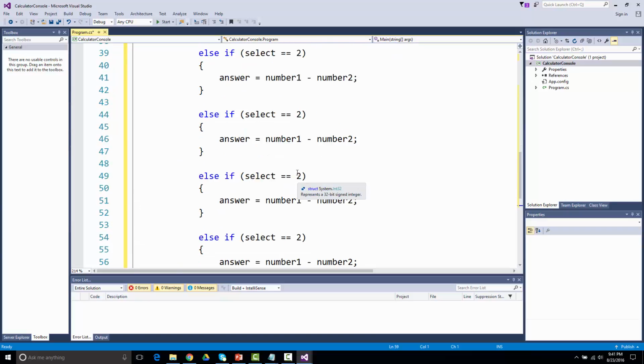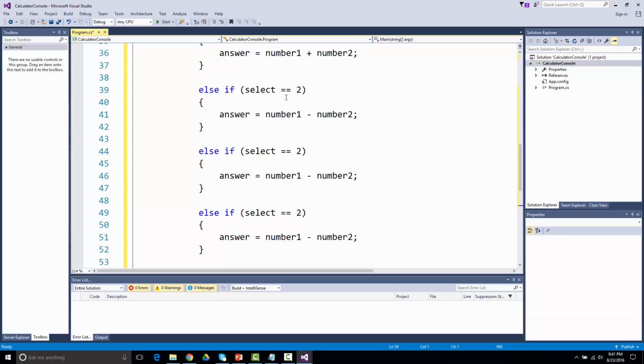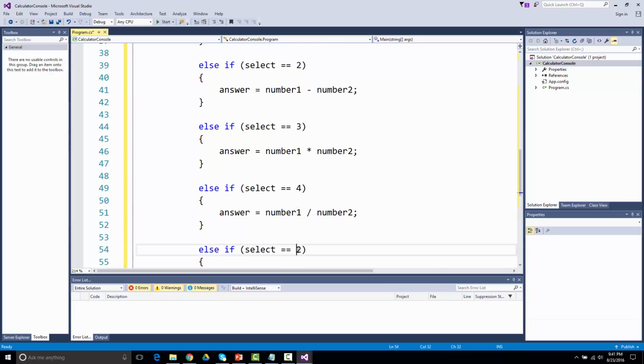If it's a 3, so if it's a 1, we added, 2 subtract, 3, I believe, was multiply, 4 was divide, 5